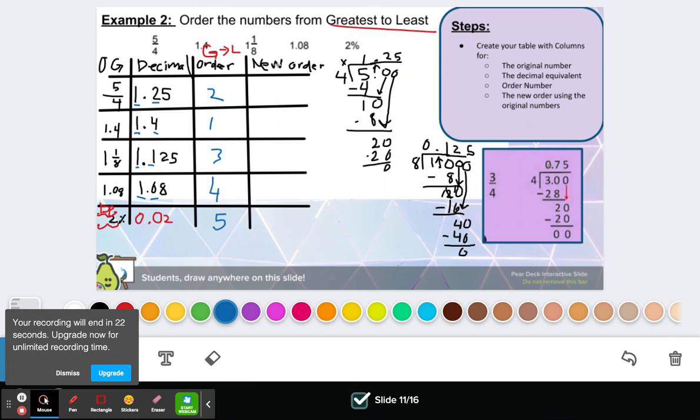Okay, then your new order, you're going to rewrite the numbers in the OG right here, and this is going from greatest to least down here. So then this one is 1.4. The next one is 5/4. Then I have 1 1/8, and then so on and so forth. So make sure you copy this